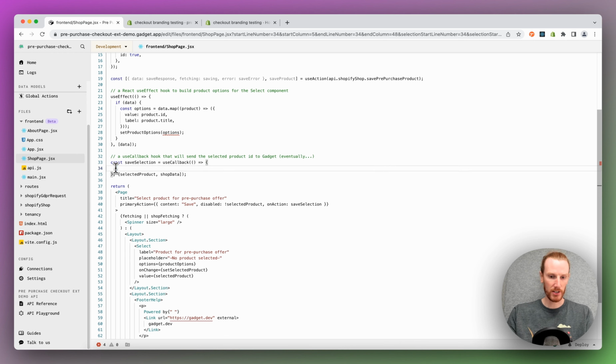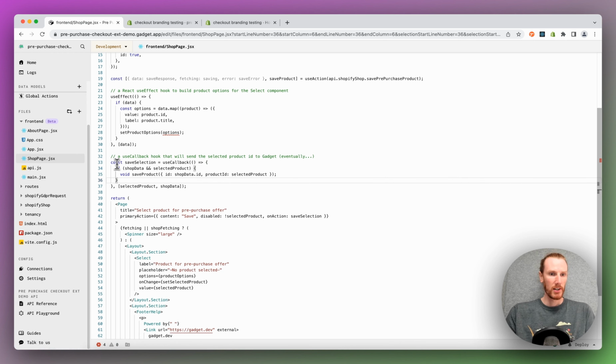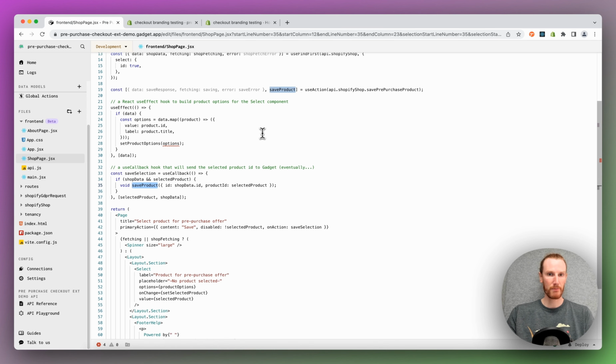I'm just going to get rid of the console log and do a paste. So there's an if statement just checking to make sure we have shop data, which is just our shop ID, as well as the selected product. And if those things are present, we're going to call our save product function that was defined with our useAction hook. We're going to send the shop ID as a parameter, as well as the product ID. So that's our custom parameter defined in our code file, which will send in the product ID so that we can save it as a